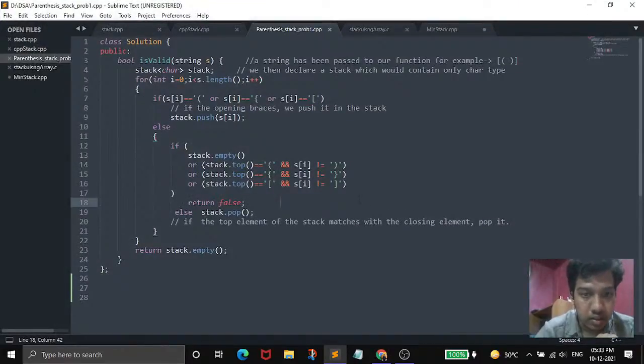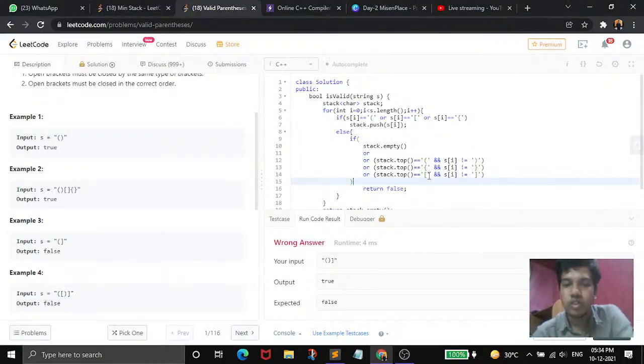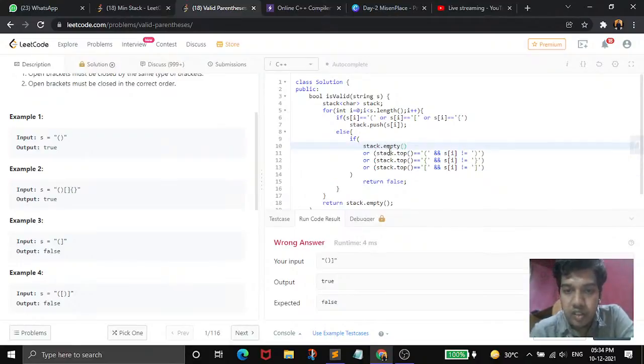Let me check it again. Okay, it is saying stack of top equal to, okay, I will just copy this. So what we are actually going to check is, if stack dot top is equal to an opening bracket, like if we have inserted an opening bracket into the stack, so this will be stored.